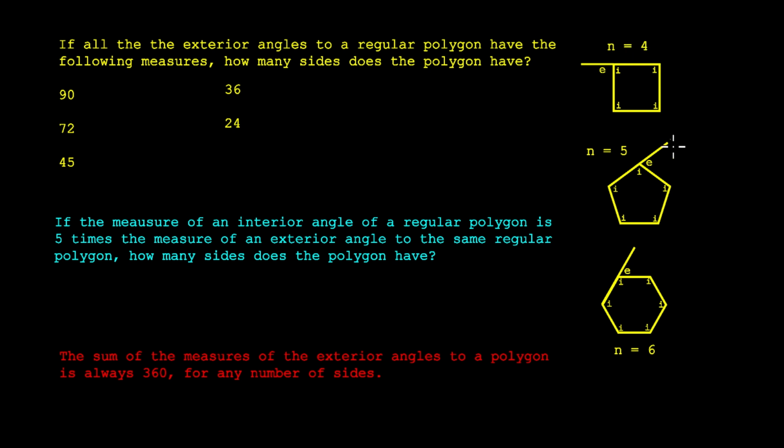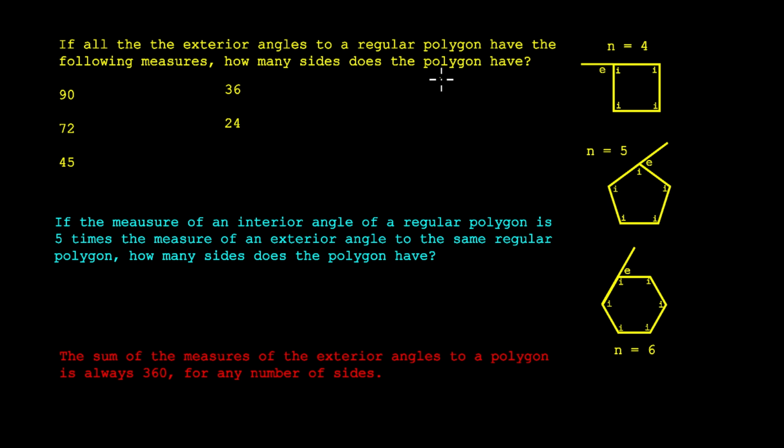So 4 for a square, 5 for a pentagon, 6 for a hexagon. And then we have interior angles marked as I in here, and then each of these has one exterior angle marked. So the square will have 4, the pentagon will have 5, and the hexagon will have 6. And if they're regular polygons, all of the exterior angles have the same measure, and all of the interior angles